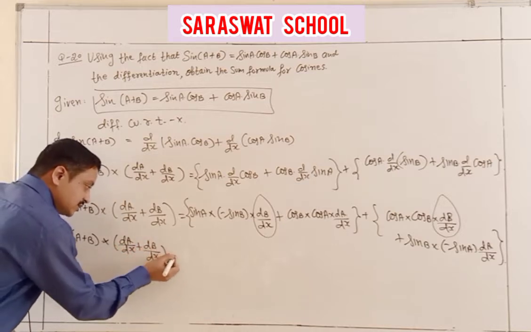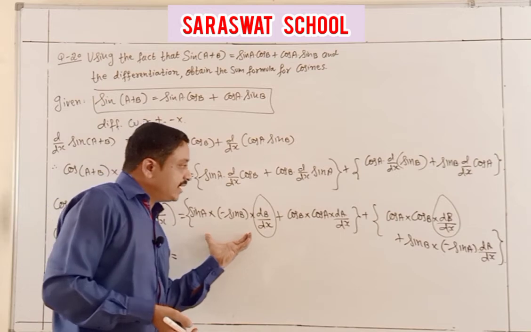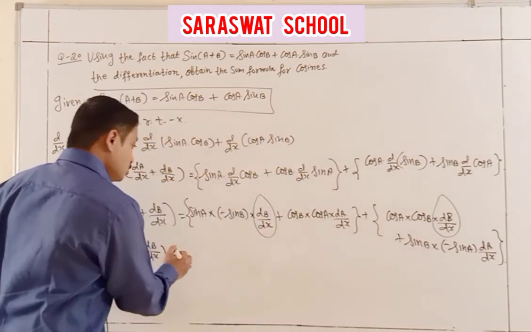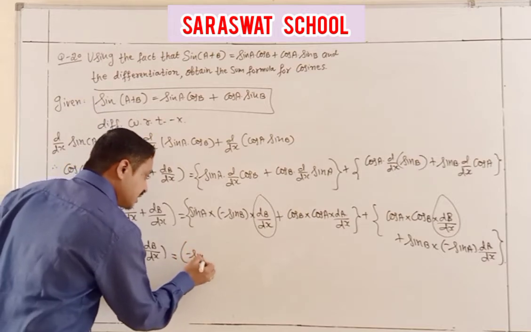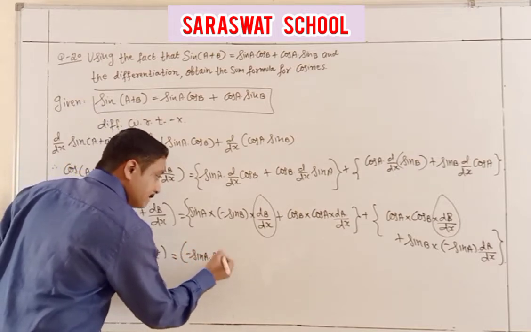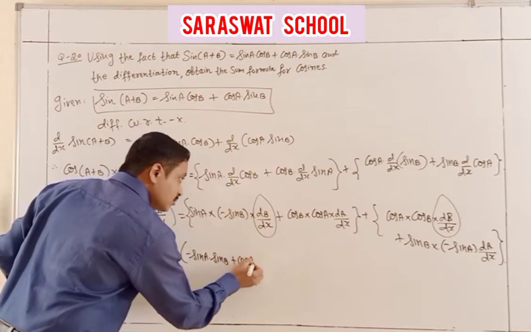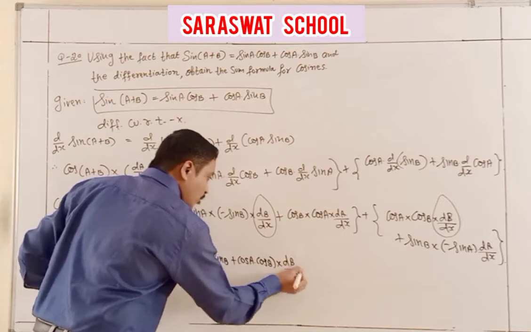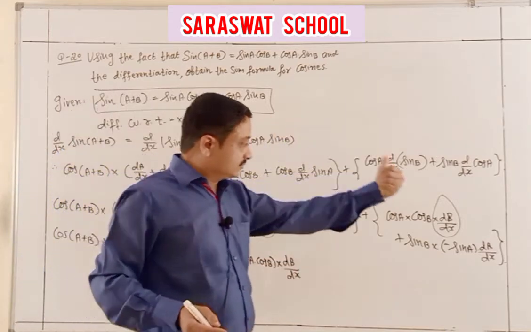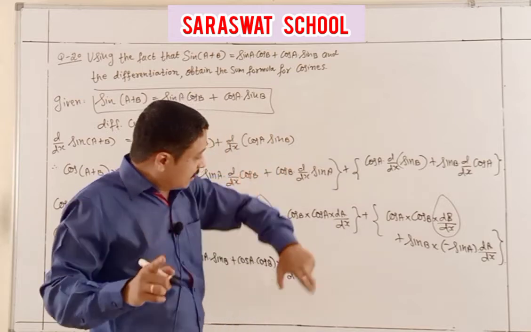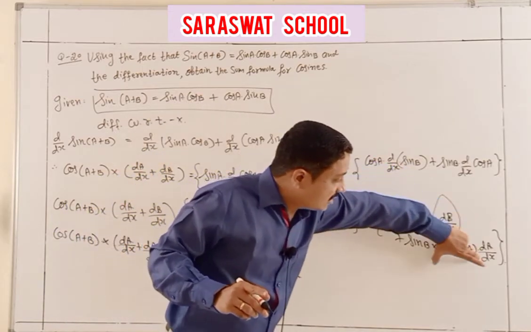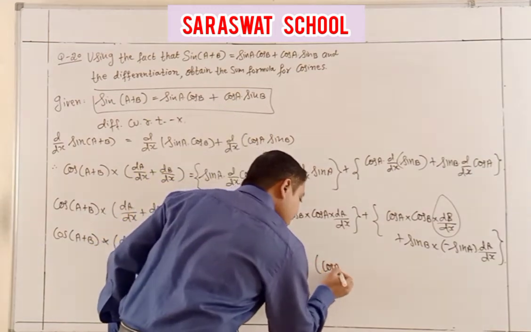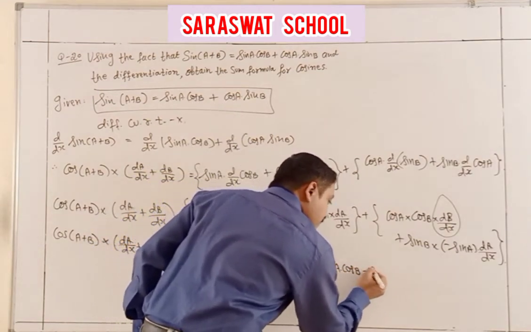dB by dx. Students, on the right side, this dB by dx in the full term and this full term, I just take common. So remaining I have minus sin A sin B plus cos A cos B, and dB by dx taken out of here and here. Same thinking, here dA by dx, take common, and remaining are cos A cos B minus